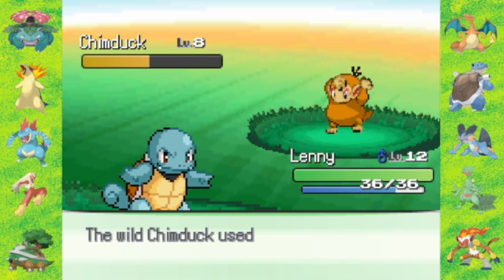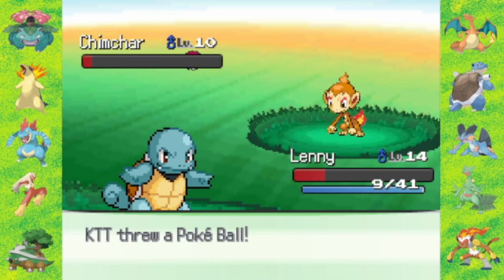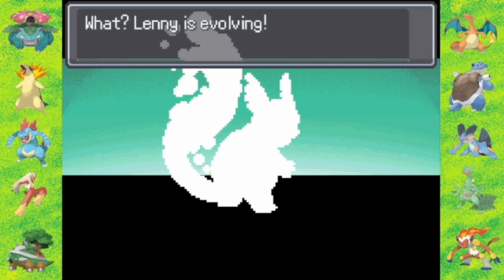From there, we wander in the grasses and eventually find another Pokemon. This time it's a Psyduck Chimchar fusion, which we eventually catch. While here, we also grab another Chimchar, just in case we wanted another one in the future, which we do eventually end up using. Our starter ends up evolving into a double Wartortle fusion, which actually looks really cool with